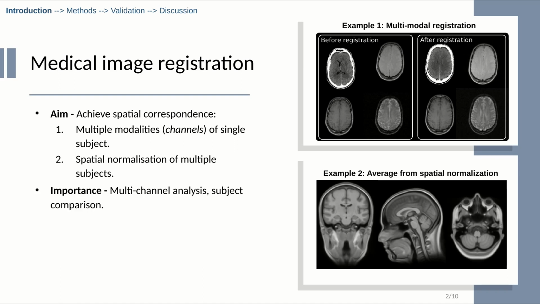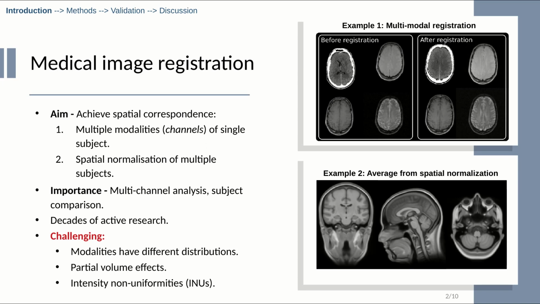Image registration is an important task, crucial for many types of analysis. For example, a multi-channel segmentation routine or comparing subjects by the already mentioned spatial normalization. It has seen decades of active research with much of the seminal work taking place in the 80s and the 90s. It is still, however, a challenging task as